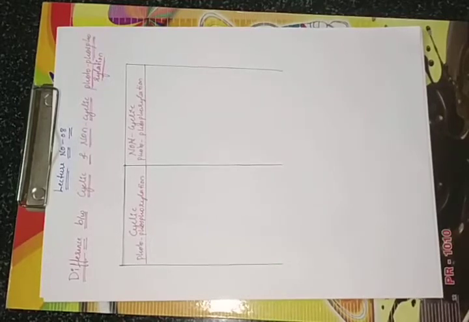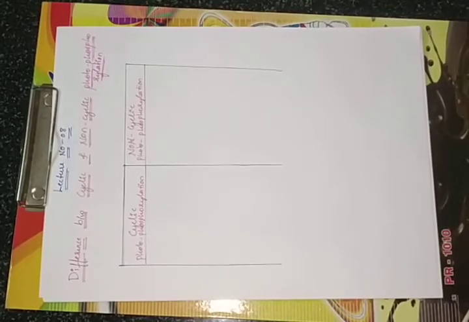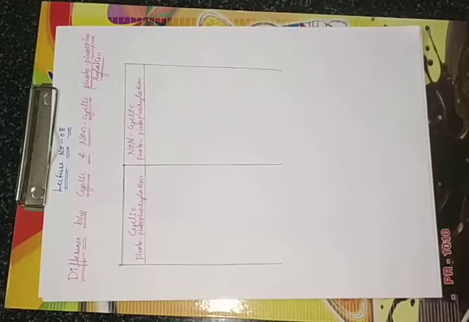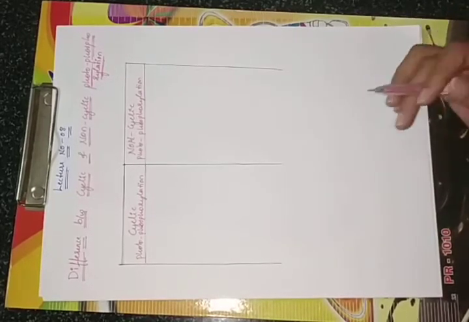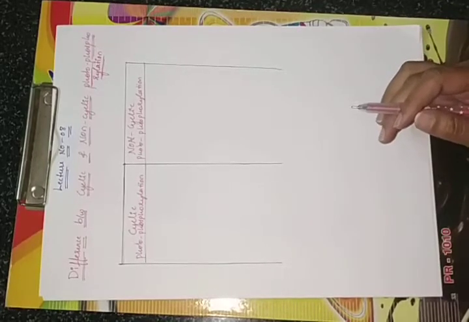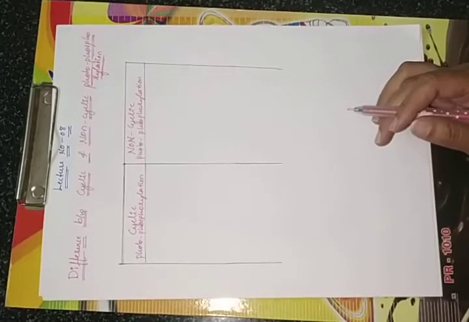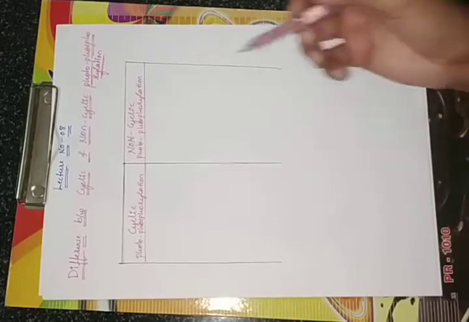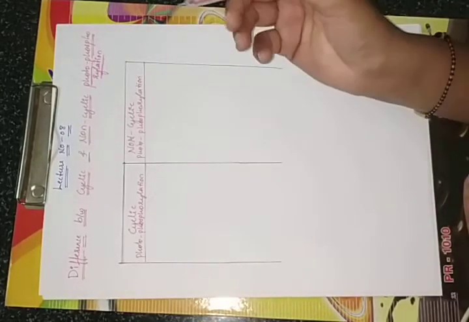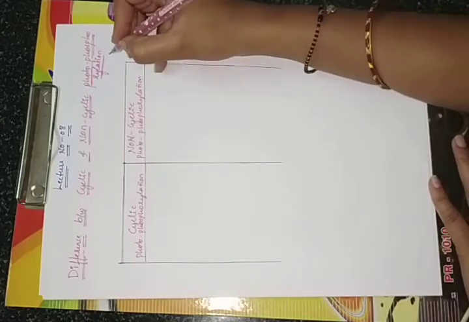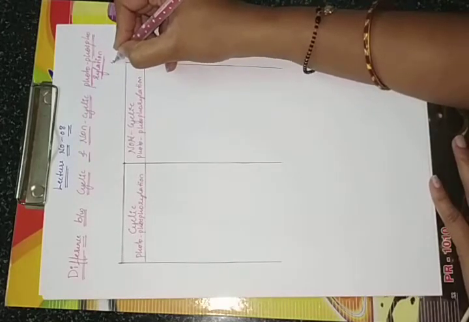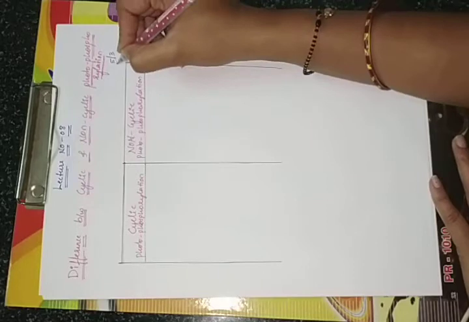We are dealing with the chapter photosynthesis in higher plants. In the last session we discussed light reaction. We discussed photophosphorylation also, that is synthesis of ATP by using light energy. So cyclic and non-cyclic, both we discussed. The difference between cyclic and non-cyclic will be asked for 5 or else 3 marks, children.